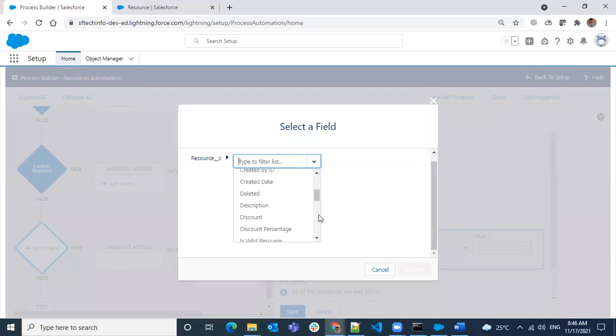Created date, related date, discount is valid, fee rating. I have an idea of what else we can do for automations here.